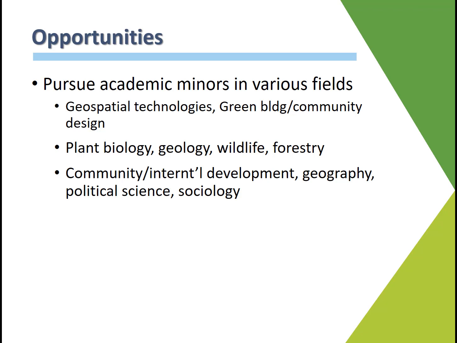On the resource planning path, the students often find interest in the community and international development minor in the College of Agriculture and Life Sciences. Some of them are interested in geography, human geography issues. There are those who have taken the path of getting a minor in political science. Often those are the students who are perhaps headed towards policy or law careers. And then there's a number of students who've been interested in pursuing a minor in sociology.